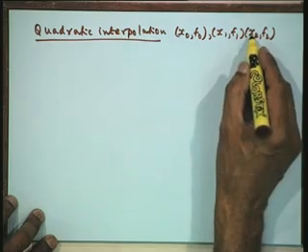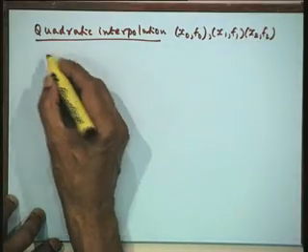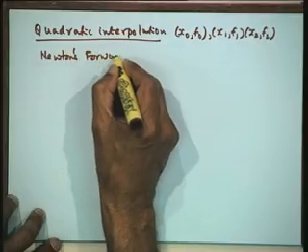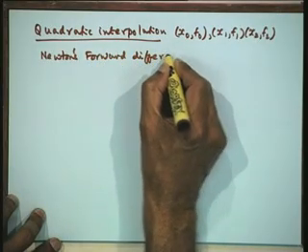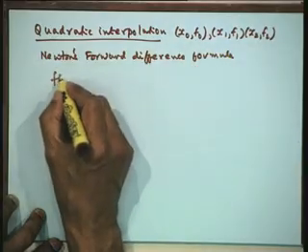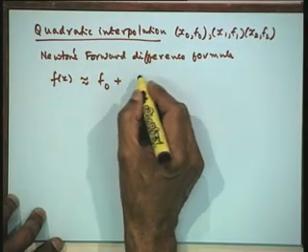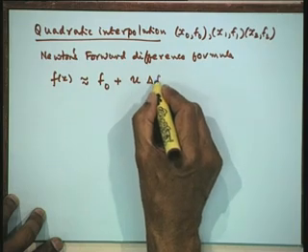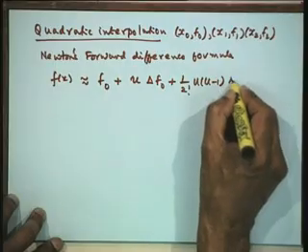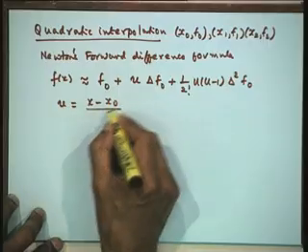Since these are only 3 points, only the second order forward difference or second order backward difference exist. So therefore our Newton's formula will be, let us take Newton's forward difference formula, that is f(x) is approximately f naught. I will use the formula we have derived in terms of u. So I will write down that formula: u into 1 upon factorial 2 u into u minus 1 delta squared f naught. If you remember, we have defined u is equal to x minus x naught divided by h,